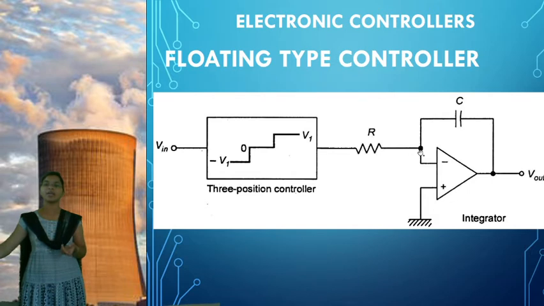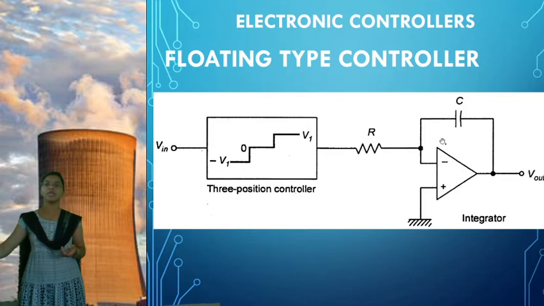So you can apply nodal analysis here. 0 minus V in by R, plus 0 minus V naught, whatever the voltage across the capacitor. We are going to write the current equation, right? The current is C into dV by dt, so C into (V 0 minus V naught) by dt. So the derivation will become an integration here.